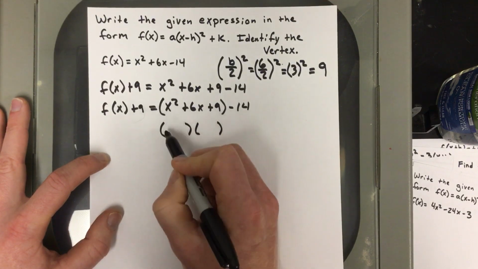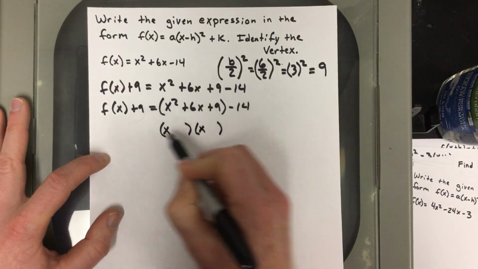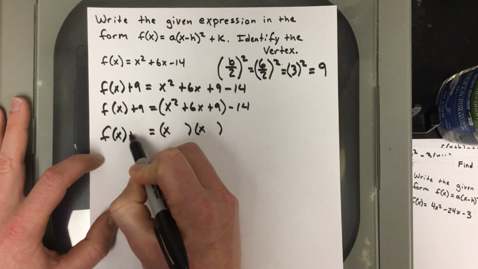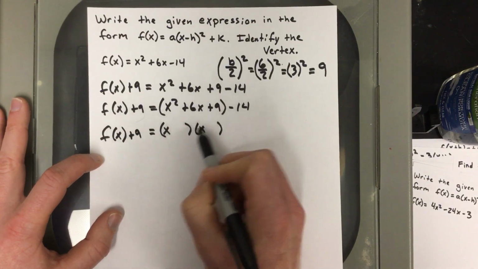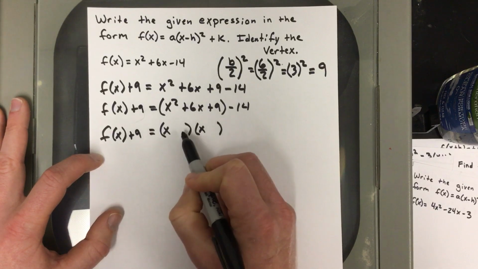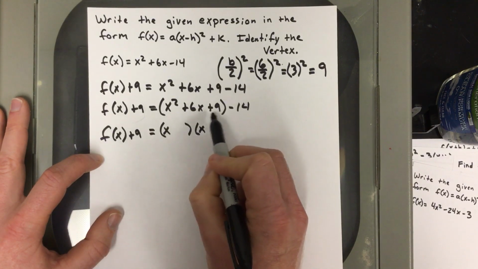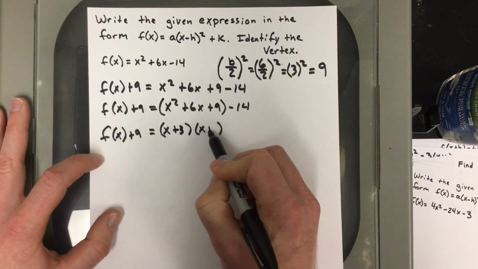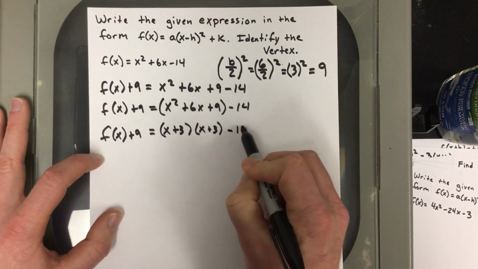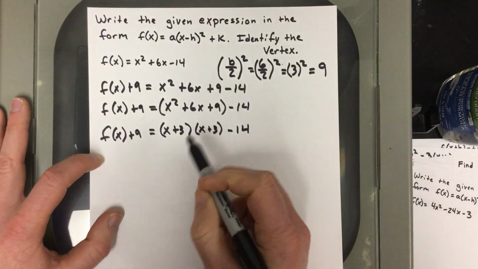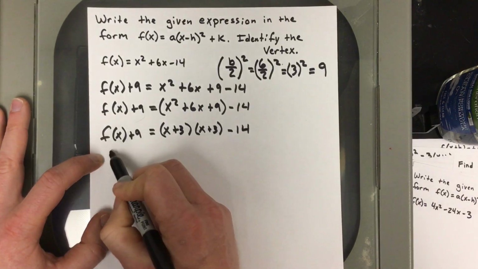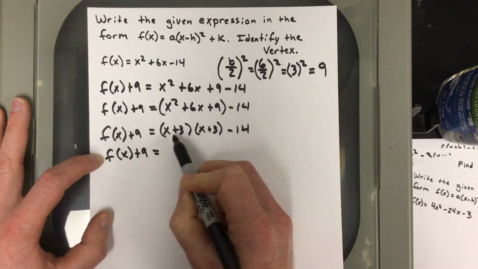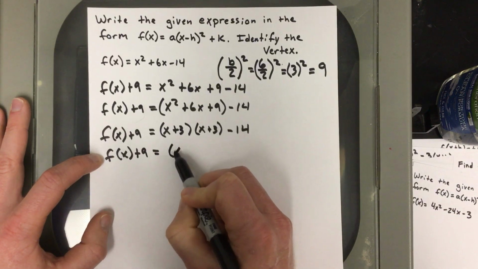That's x in this term, x in this term. So I'm going to write f of x plus 9 here. Well, what do I have to do? I need the two terms on the outside to add to be 6, but then multiply to be 9. Well, that's obviously going to be plus 3, and then I can write that as x plus 3 squared